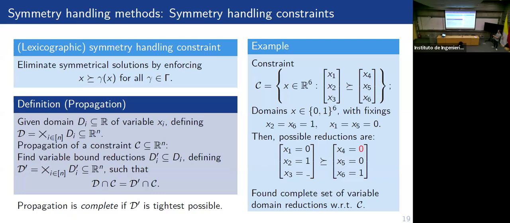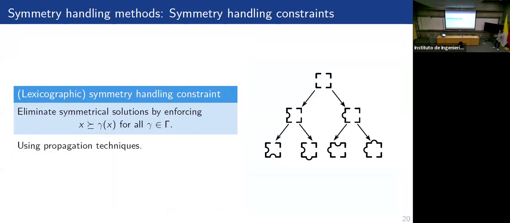In this example, this constraint is exactly one constraint that's given, but you can also think that this set C is basically the intersection of various constraints. And in that case, complete propagation is a very interesting question. Are we able to find all the possible fixings that we can find?